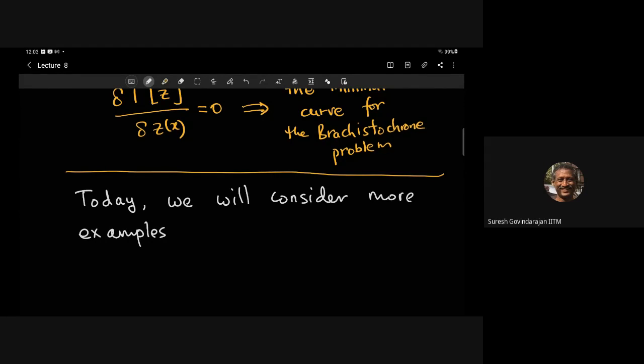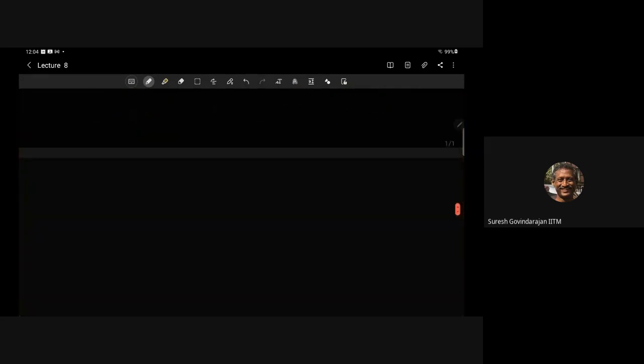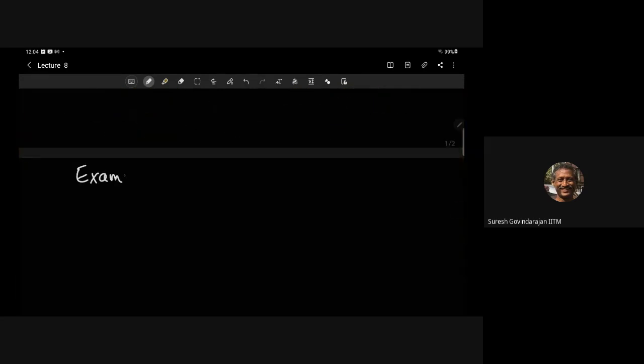Okay. So we'll consider more examples and also compute the functional derivative so that we get some handle. Okay, so we're going to do examples. The first example is of a functional. But before we do the examples, let me fix notation. So we will consider